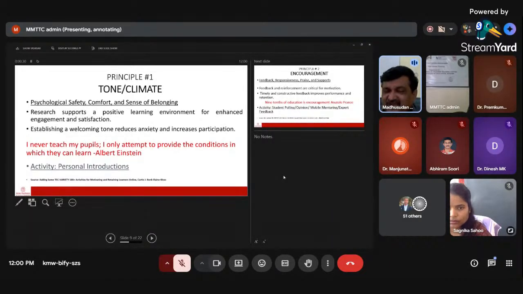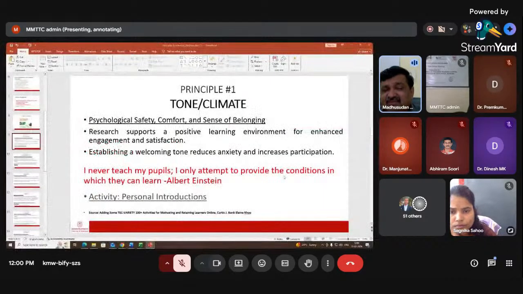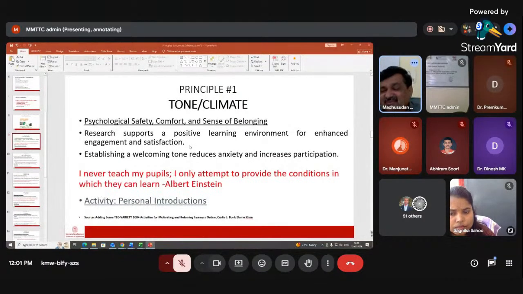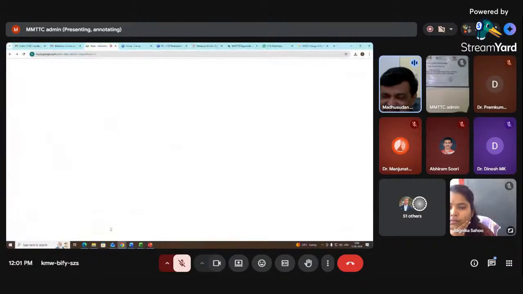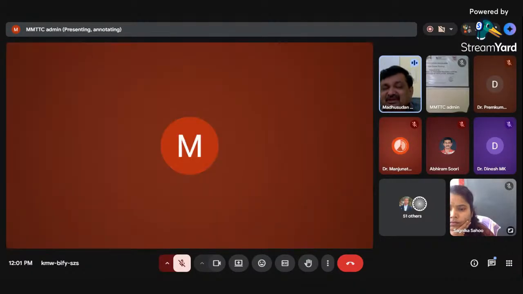If there is a positive learning environment, there is more engagement and satisfaction among students. Therefore, they are making a statement: establishing a welcoming tone reduces anxiety. Please understand this. The teacher's tone itself creates something very